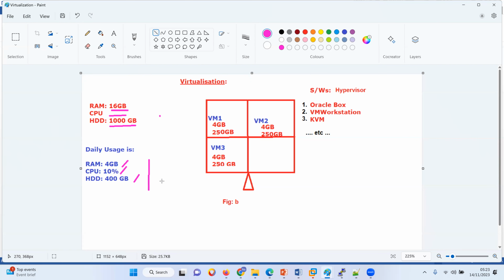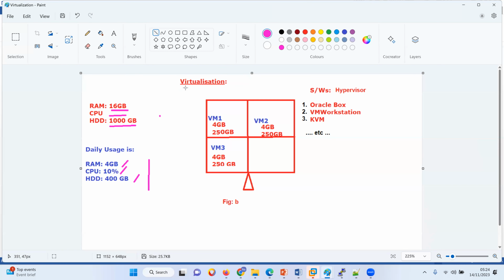Then he cannot buy another laptop, right? So we cannot say 4 GB is sufficient, right? And laptops are computers, we cannot buy every time. So if the usage is more next month or after 2 months, then he cannot buy another laptop, right? So this is the scenario. Then in this case,